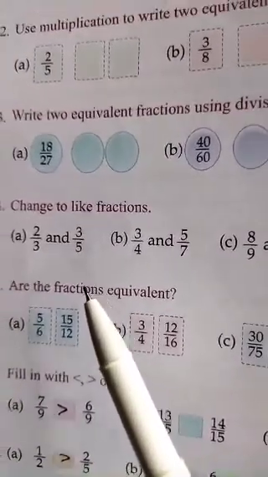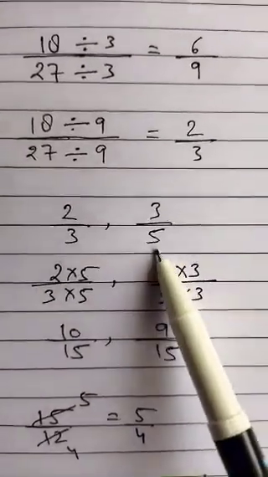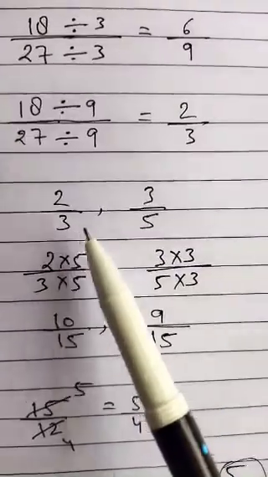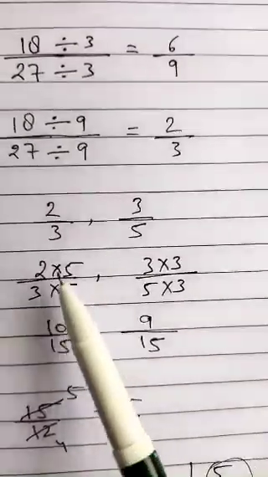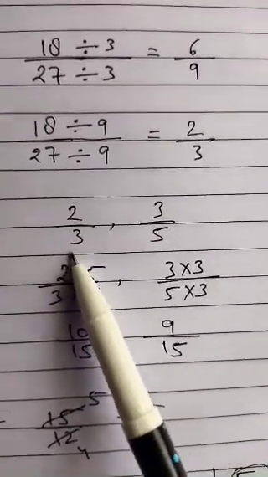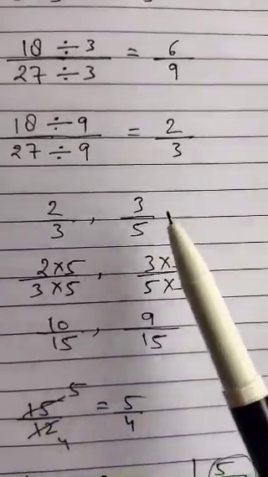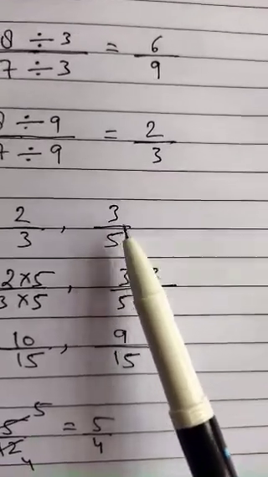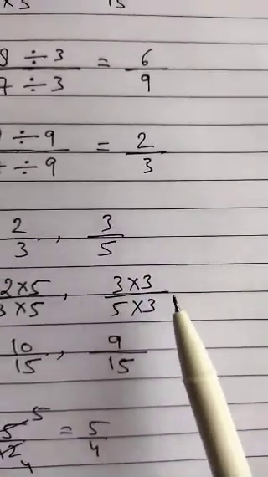See how. The denominator of second fraction is 5. So this will be multiplied by the first fraction in both sides, up and down, numerator and denominator. Now in first fraction the denominator is 3. This 3 will be multiplied by both the numerator and denominator of second fraction. Like this.